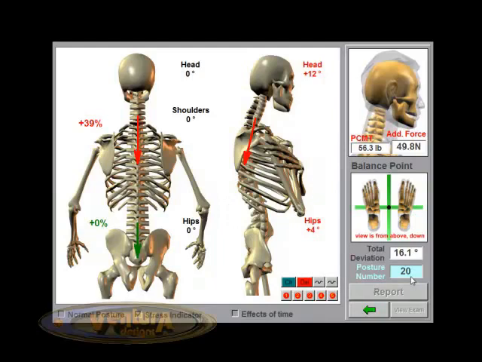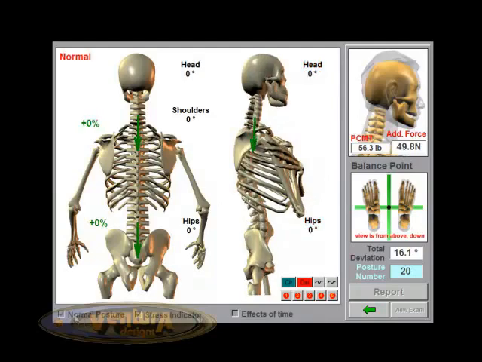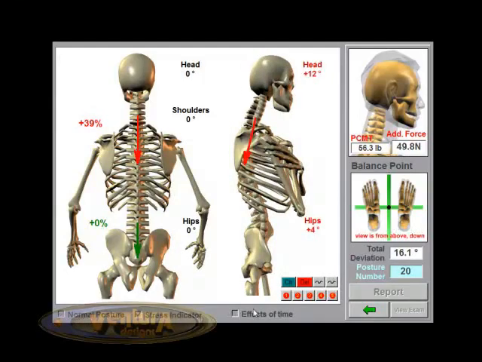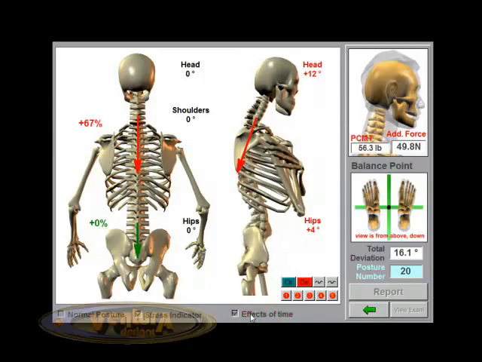We show the posture number in the lower right-hand corner, the total amount of deviations from normal, the additional forces at almost 50 newtons, the additional muscle tension. So this is a recap or a summary screen that also has these animations built in to show what normal is, what their results are, and this effects of time will show someone what will happen over time if nothing's